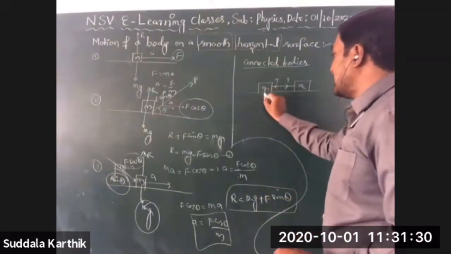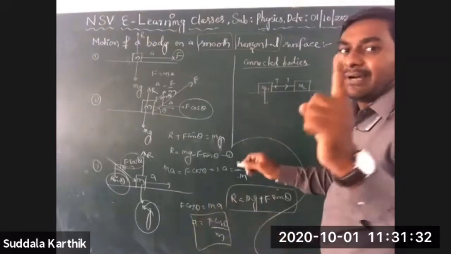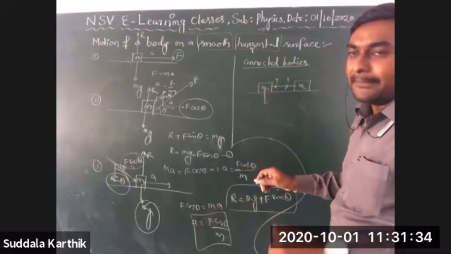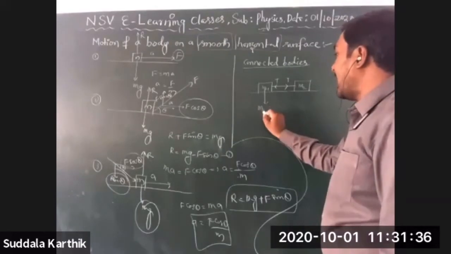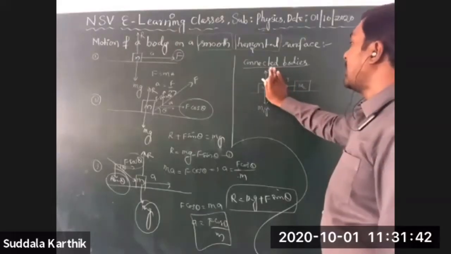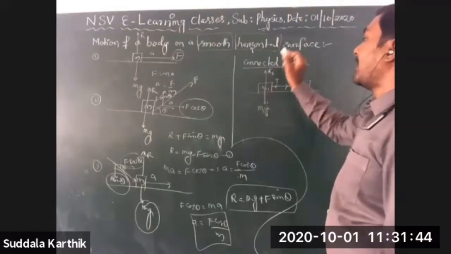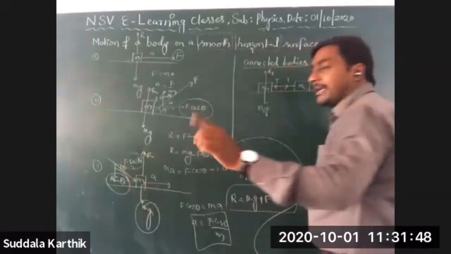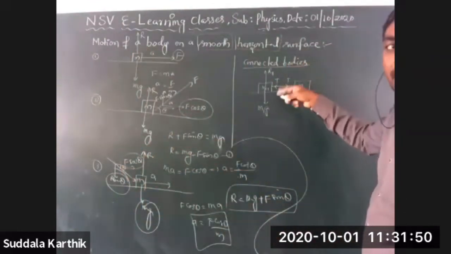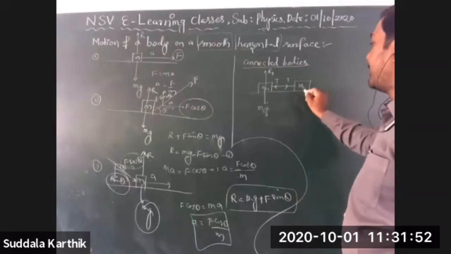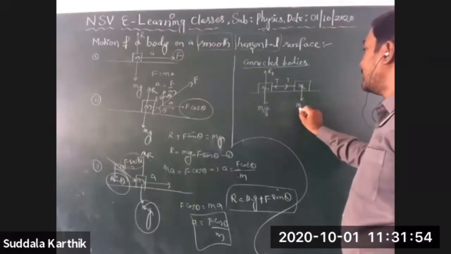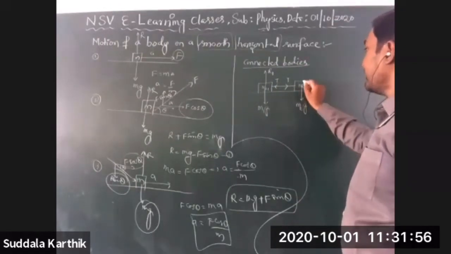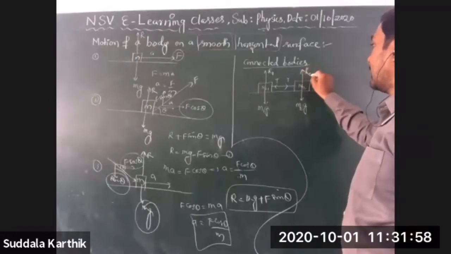So now this is already, you know very well about, if one body is there, then what happens? If any body is there, then m1g is the weight of that body, balanced by N1, the normal reaction, or I am taking this as R1, because I have taken R for a single body, but there are more than one body. There are two different bodies. That's why M2G, and this is R2.